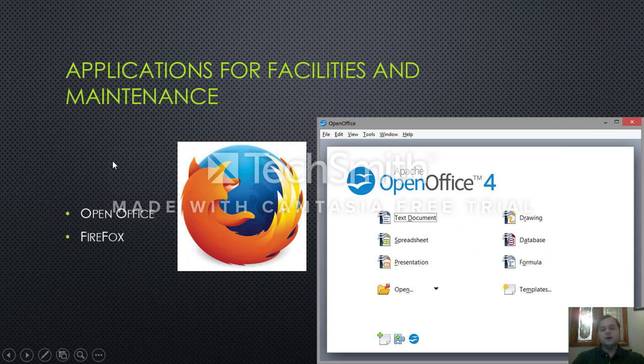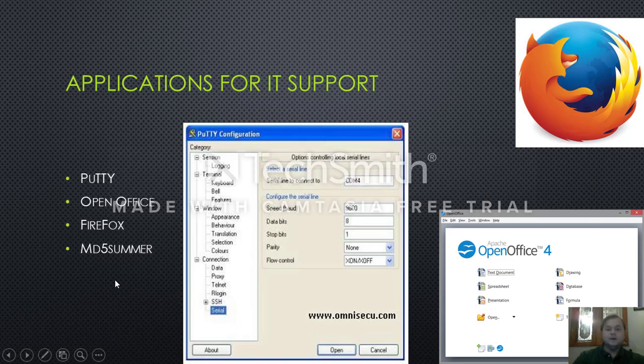Facilities and maintenance: Office for spreadsheets, text documents, and memos, and Firefox for the email and communication options. For IT support, PuTTY is available for this operating system so that you can use SSH, Telnet, or serial direct connections to IT equipment